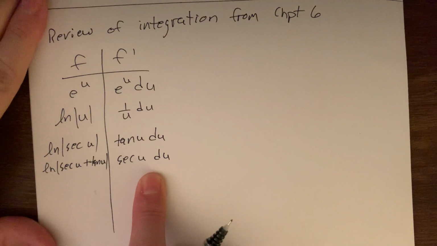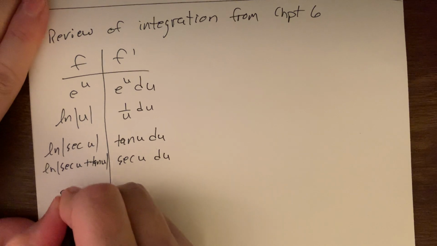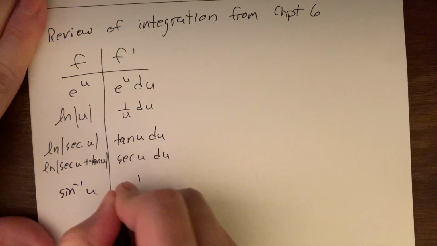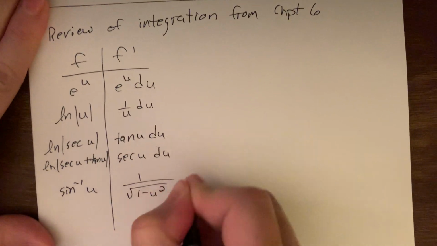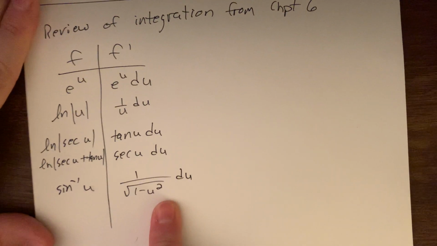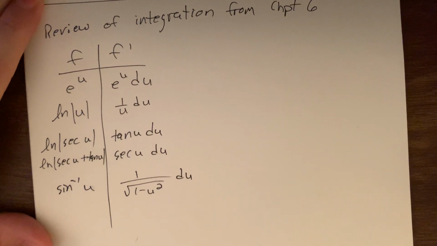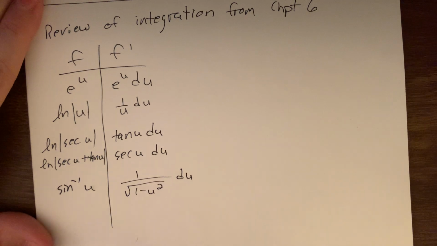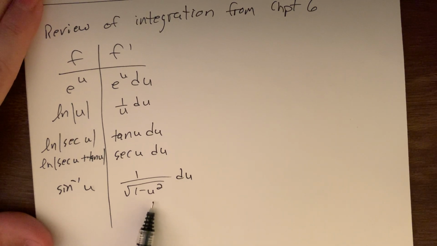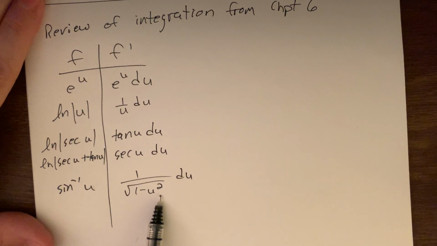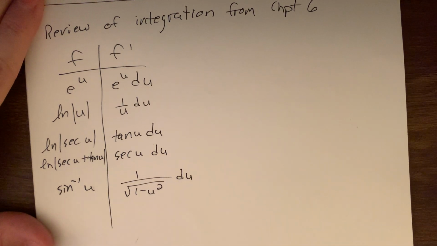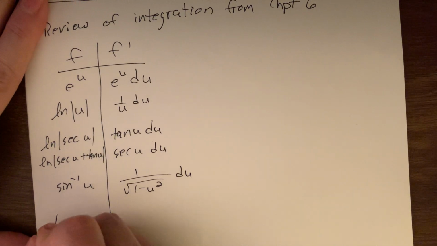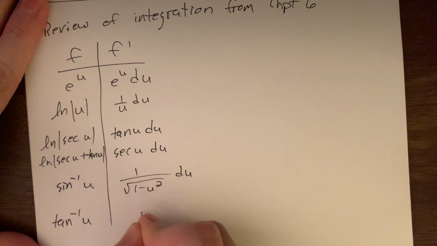And now the last two, new function, inverse sine of u, has this as its derivative, 1 over the radical 1 minus u squared. We mentioned in the 6.6 video, be careful, u squared minus 1 is entirely different than 1 minus u squared. So there's inverse sine. And then inverse tangent,